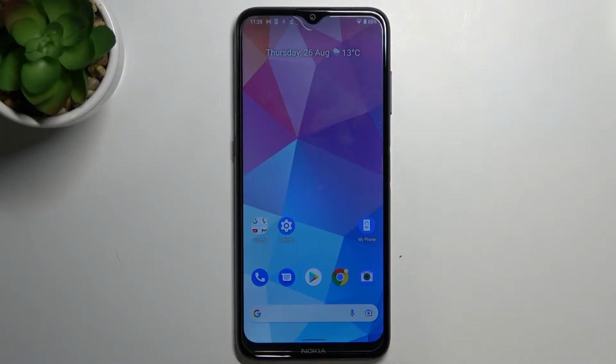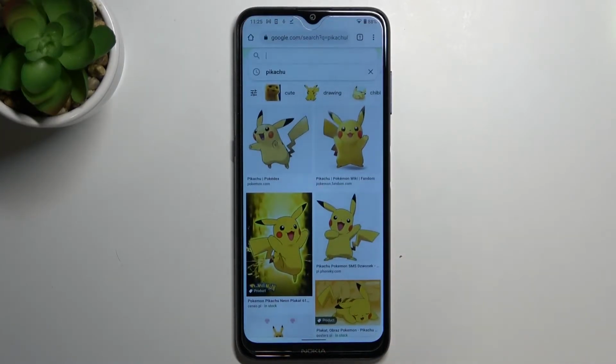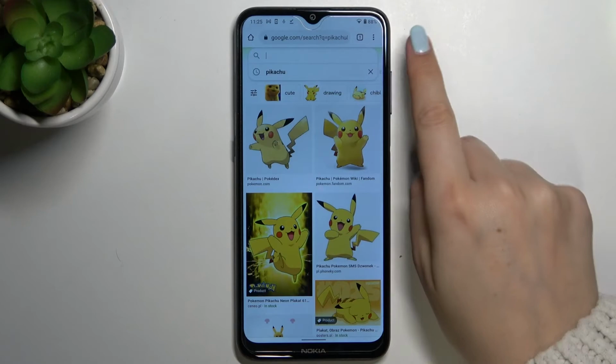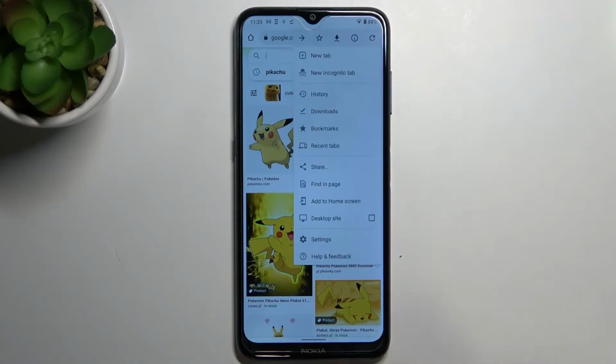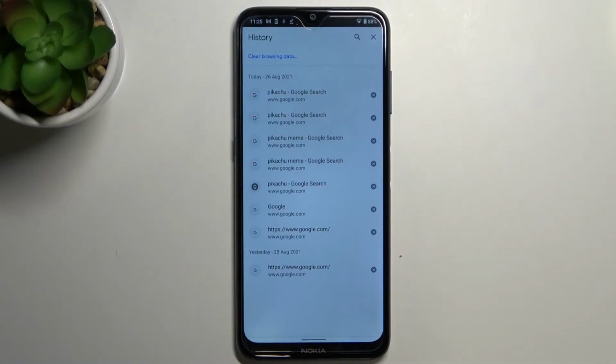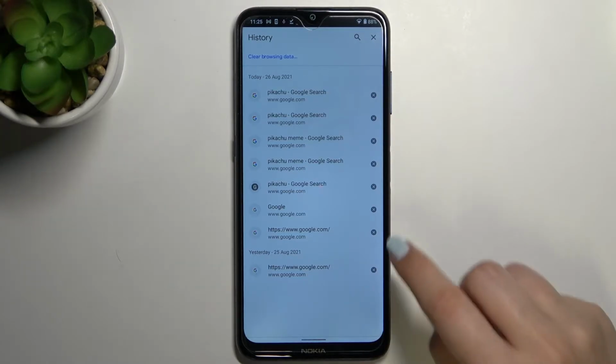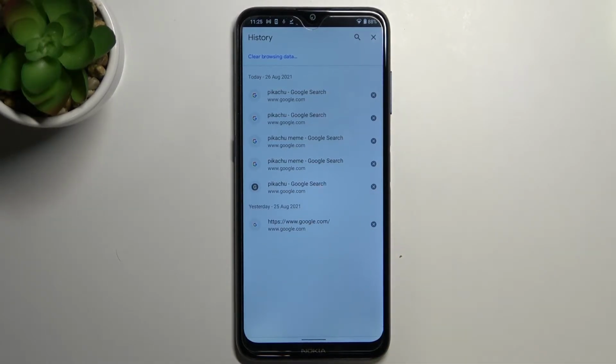data on this device. So first of all we have to open the browser. In my case it will be Google Chrome, and now let's tap on this three dot icon in the right upper corner and enter the history. And as you can see here we've got the full list of all previously opened websites. Of course you can remove them manually one by one just by tapping on those X buttons right next to